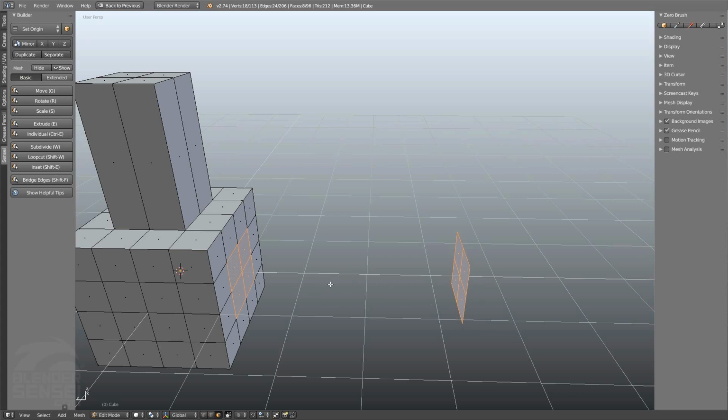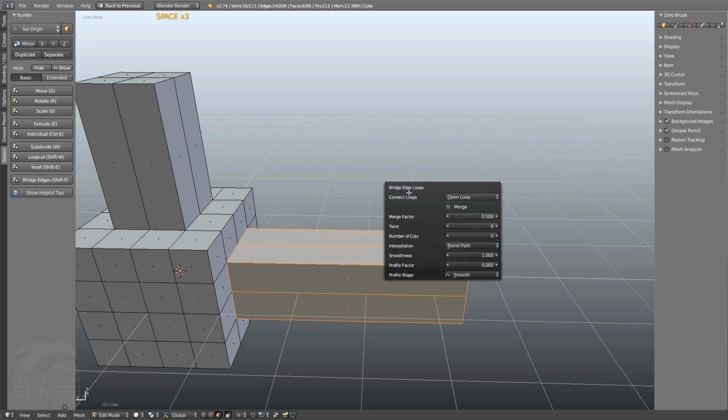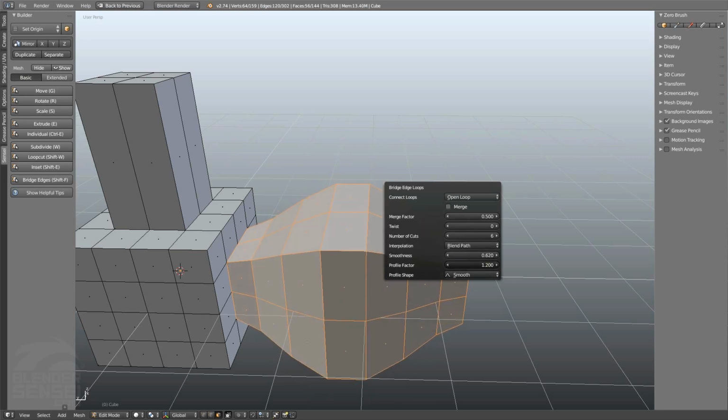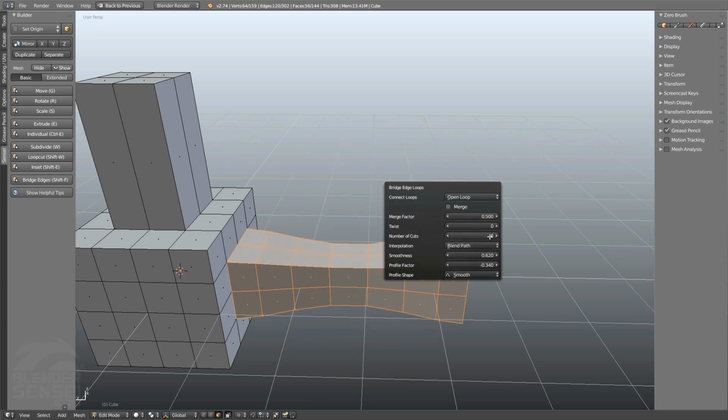But if I press Shift F, or I were to press this Bridge Edges button, we can then double tap space, which gives us immediate access to that tool's customizable options. We can add more cuts to that bridge. We can actually twist that bridge, as you can see there. We can control smoothness, profile factor, which is kind of fatness like this. And we can do a number of things. But you may want to double tap space after using a lot of tools, because you'll find that there's typically more customizable options